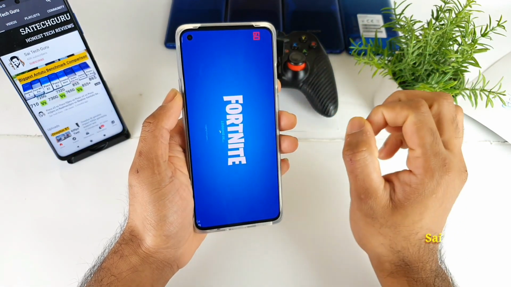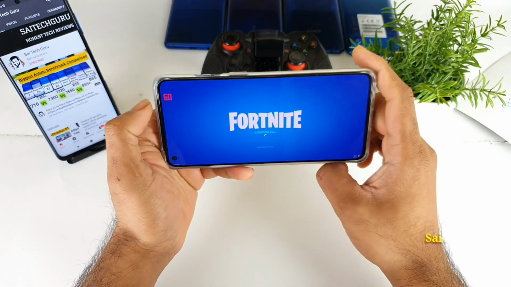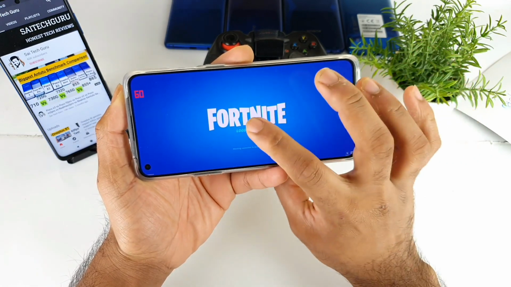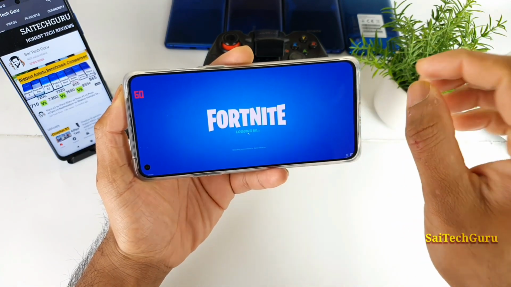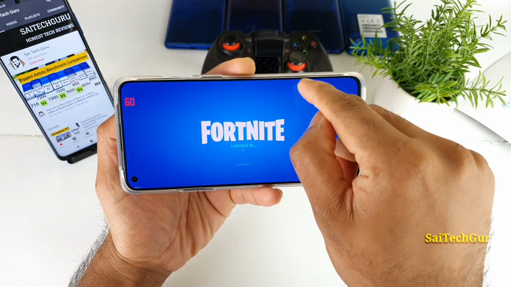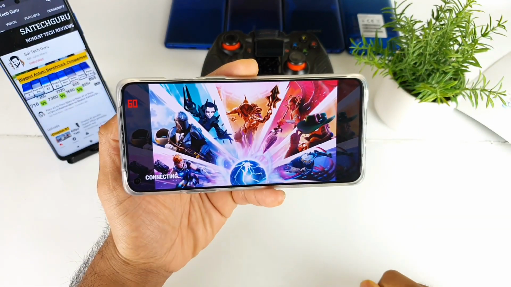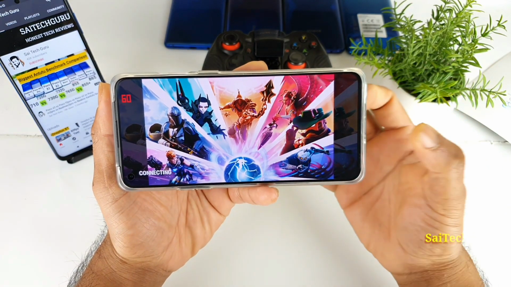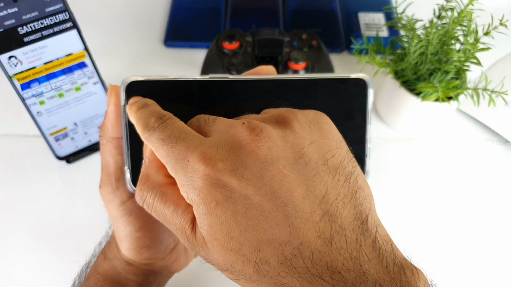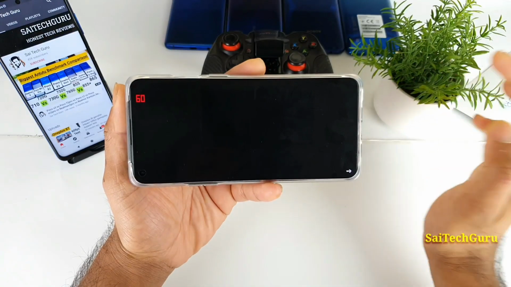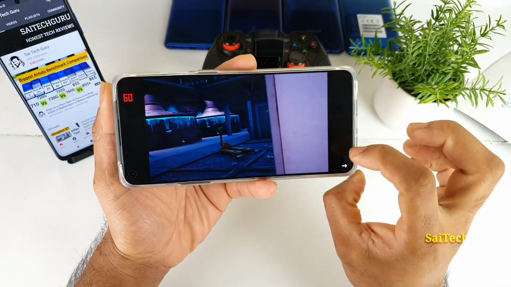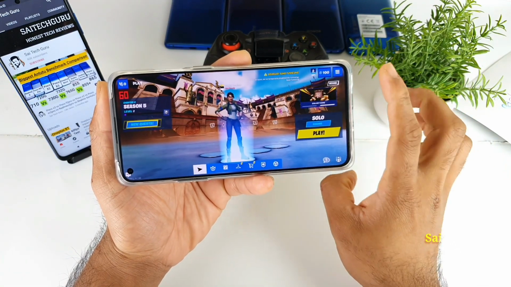As you can see, right now as soon as the game opens, it changed to 60 FPS only. One good thing with Fortnite is that it has its own FPS meter inbuilt in the game. So that is another best way to check how much FPS you are getting in Fortnite, instead of relying on this one. What this all means is that the PUBG game is actually playing at 90 FPS, but you may not be noticing it in the FPS count meter. That doesn't mean PUBG is playing at 60 FPS; it actually plays at 90 FPS only. So right now let me show you the Fortnite game.